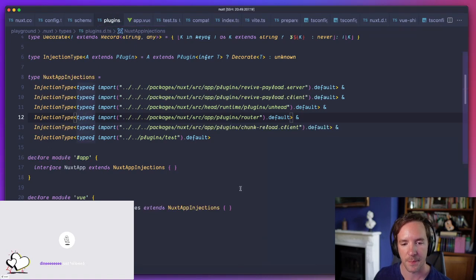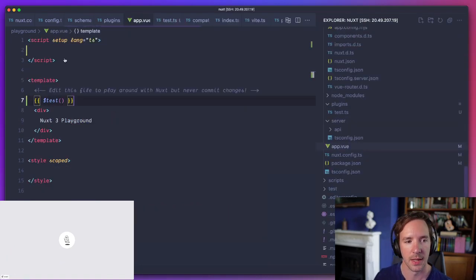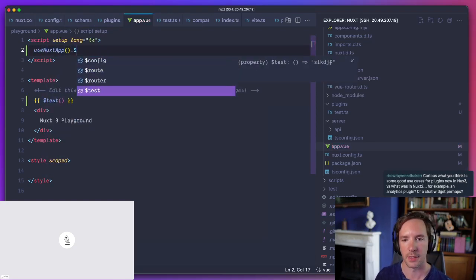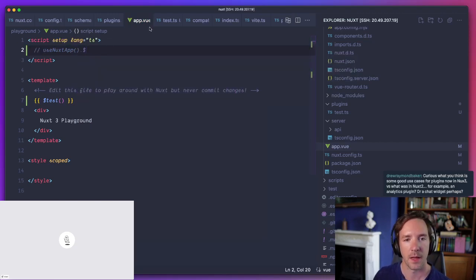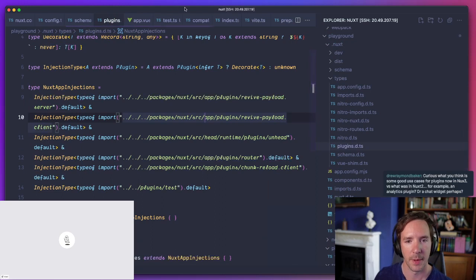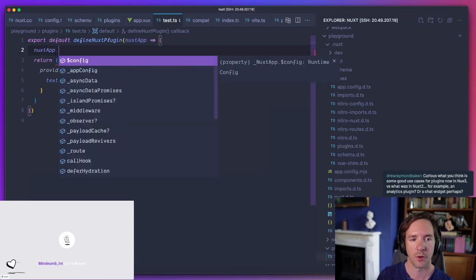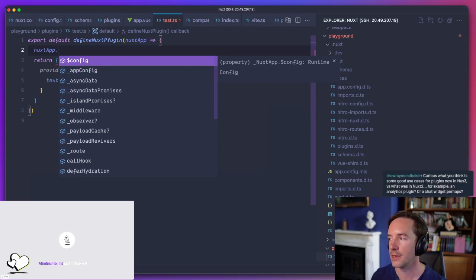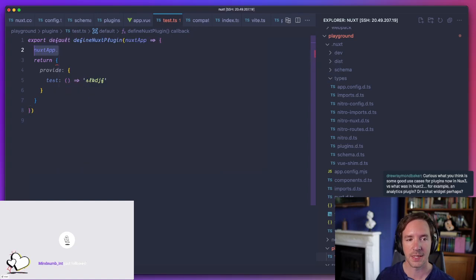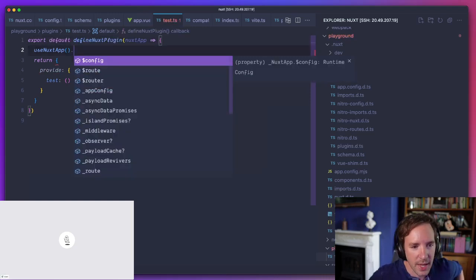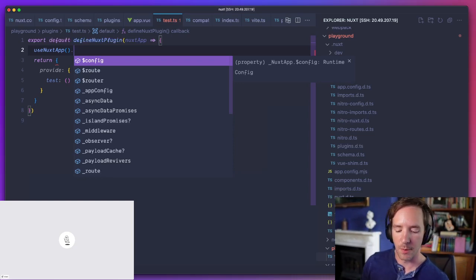Let's see, what else do we have? And that's not just injected in the template. It is also available here, so you then get access to it there as well. We do have to be careful about it. For example, within here, obviously we can't augment the Nuxt app type with $test within the file that defines it, but we'd have a bit of a circular reference. But it is possible to use Nuxt app to pull in something that's been injected from another plugin.